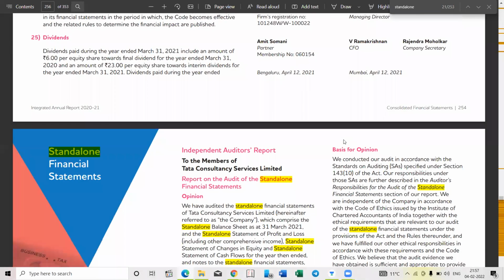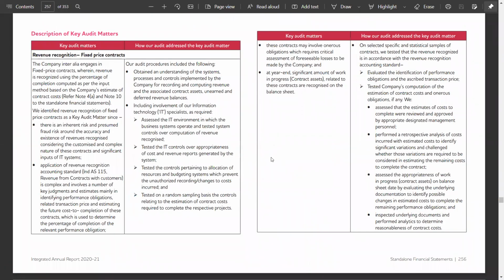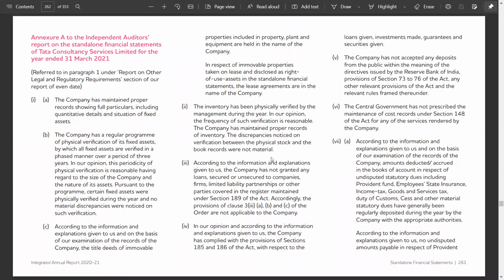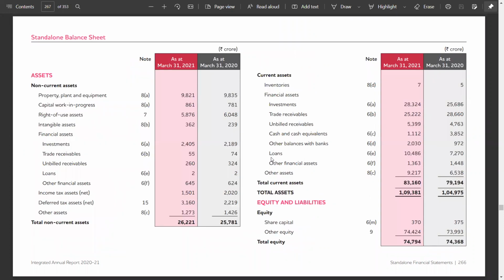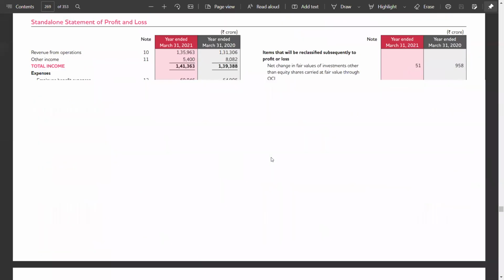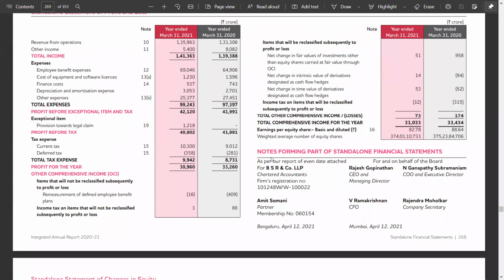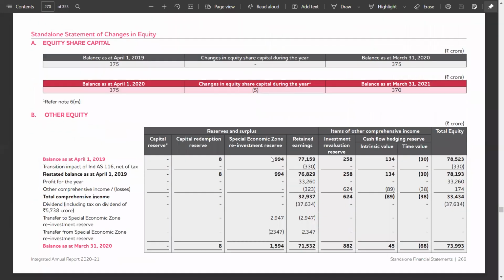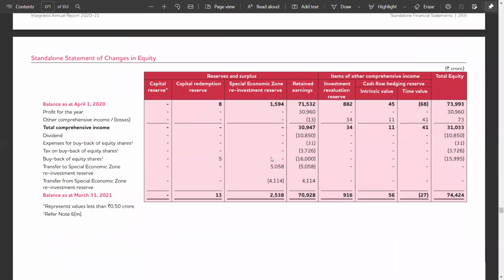Standalone financial statement, the audit matters, audit report. After that, this is a standalone balance sheet in the format prescribed under division 2 of Schedule 3, and then you will see the profit and loss statement. Statement of changes in equity, other equity includes.